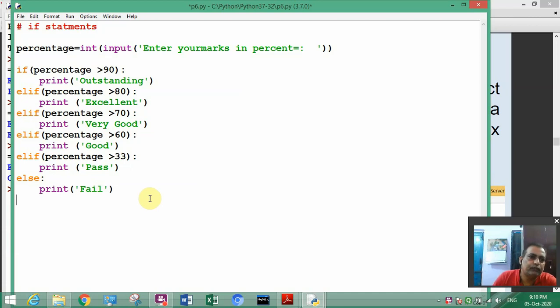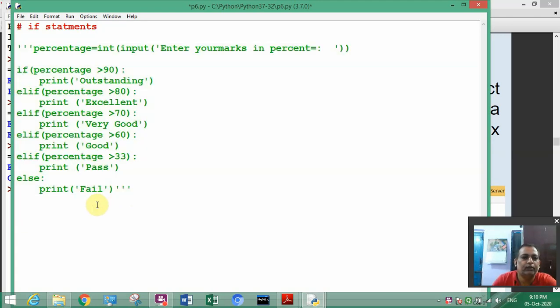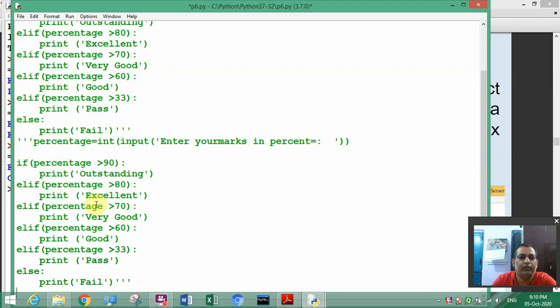Okay, so if you want, I'll make another program for you, and I'll make comment for this, and I'll copy this and I'll paste this.